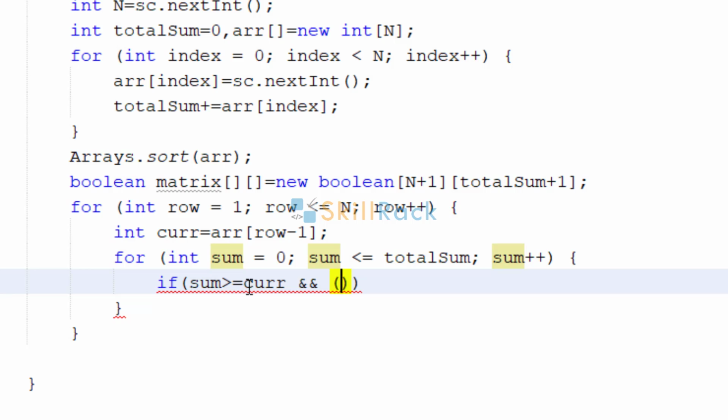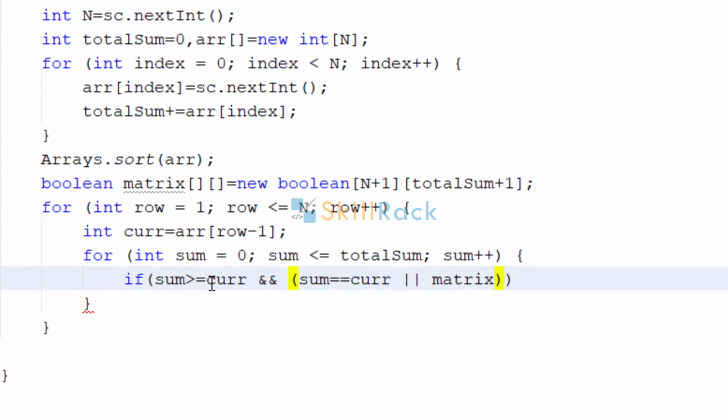Then either one of these conditions must be true. That is, either sum is equal to current, right? In that case, the current value alone can give the sum, or in the matrix, in the previous row, that is row minus 1, the sum minus current must be true. Any one of these things should be true.